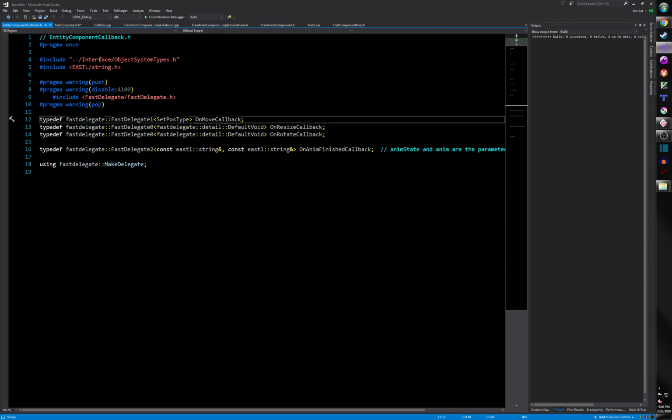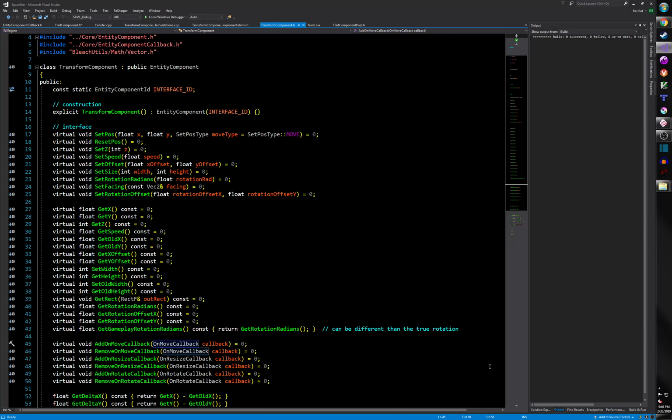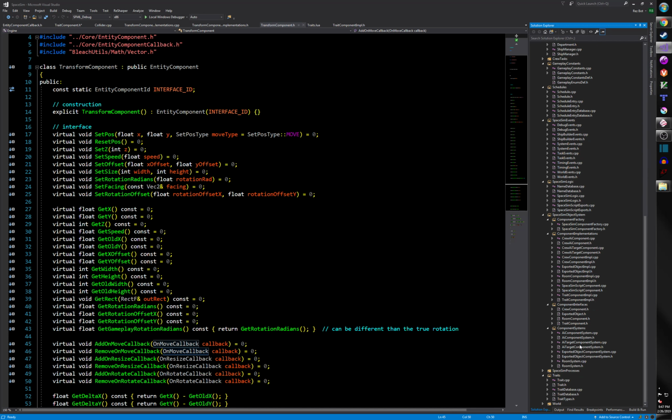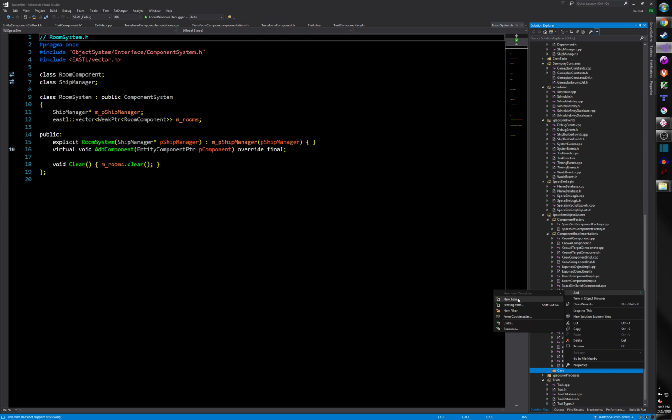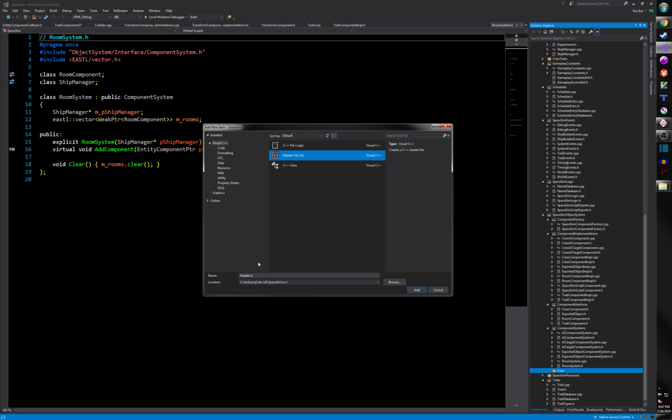And you'll notice that I've created this entity component callback thing here, which exists in its core place. So I'm going to do the same basic thing here. I don't really want these guys to live here. So I'm actually going to create a new folder. Oops, that's not what I wanted. Come back up out here, where I'm going to create a new thing. So what I'm doing here is I'm going to say trait system, trait component